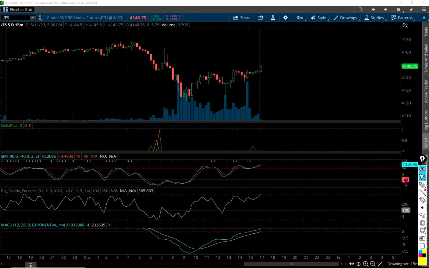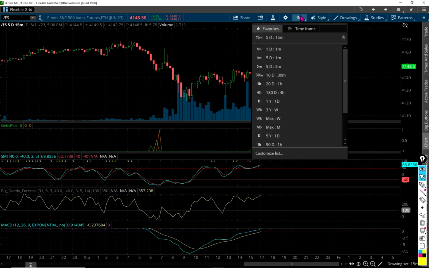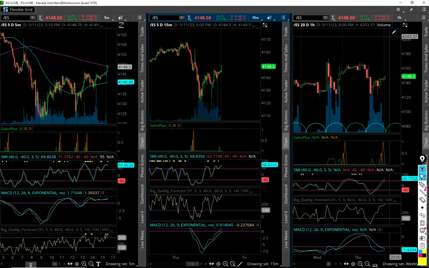Now this of all the trades today, this one was really nice. Better than the 5-minute chart. It kept you in the trade longer. The MACD just exhausted itself down here, and you knew you were good to go. As soon as you saw this stuff going on, SMI trying to cross over the line, same to the Big Daddy, boom, you're out of the trade. That's how I would have made the trade. So I really hope that's helping some members out. Okay, we're going to take a look at one more chart and call it a video.